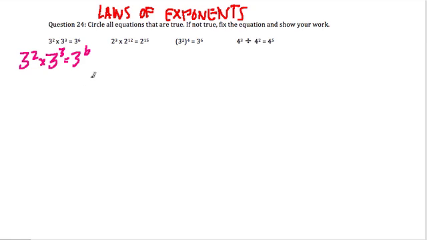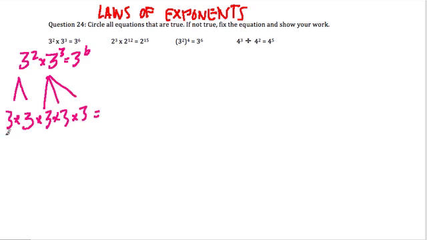Alright. Is this true? Well, what I think about is that 3 squared, I'm not going to work it out, I'm just going to represent it. 3 squared is 3 times 3. And we're taking that and multiplying all that by 3 cubed, which is 3 times 3 times 3. What does this equal? Well, I'm not going to figure out the number, but I am going to notice that we have 1, 2, 3, 4, 5 3's, and a fast way of writing that is 3 to the 5th